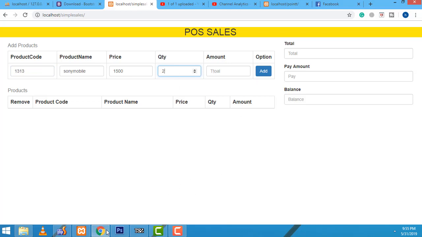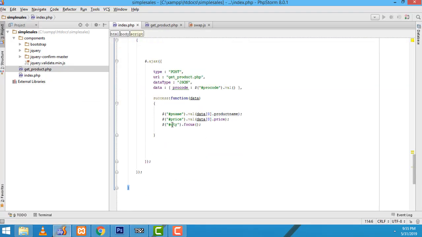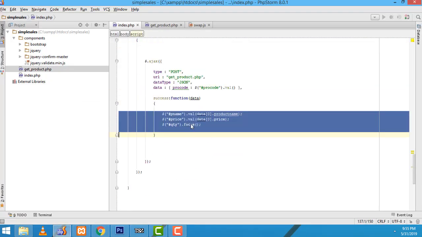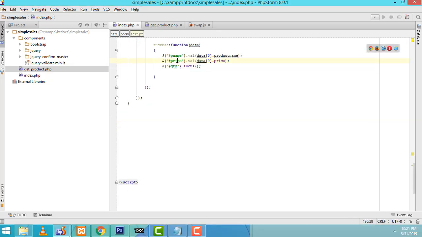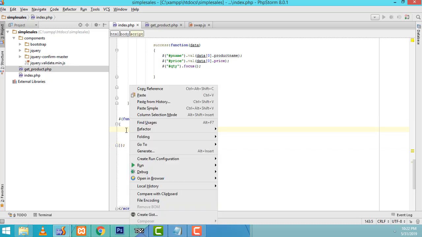Here, right. Now the cursor will be focused on the quantity text box, so I have given quantity focus here. After that I am going to calculate the price and quantity. So I am going to write the function. You have to write like this. You have to remove this stuff. So you have to open and close the function. Now inside the function I am going to